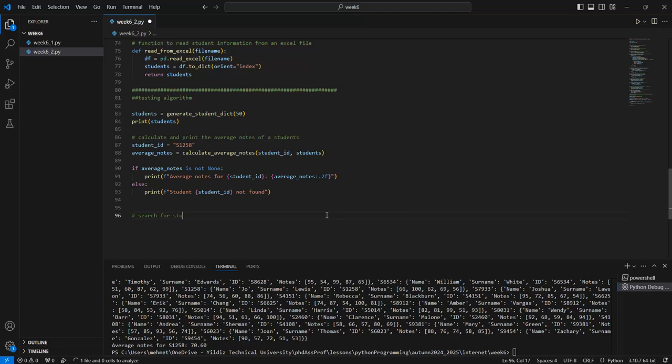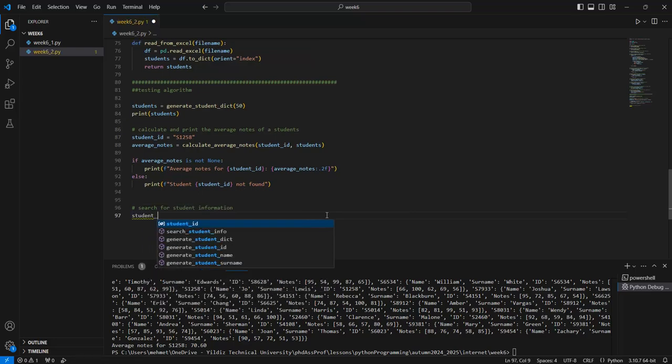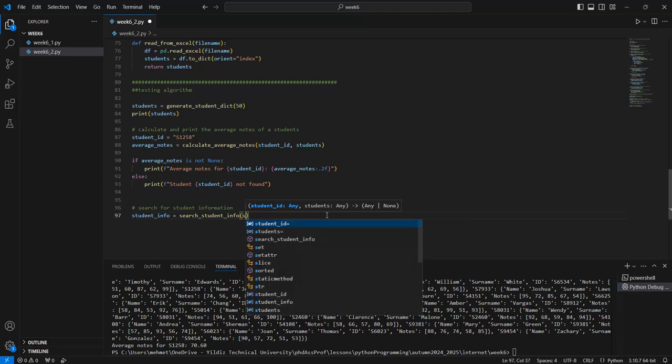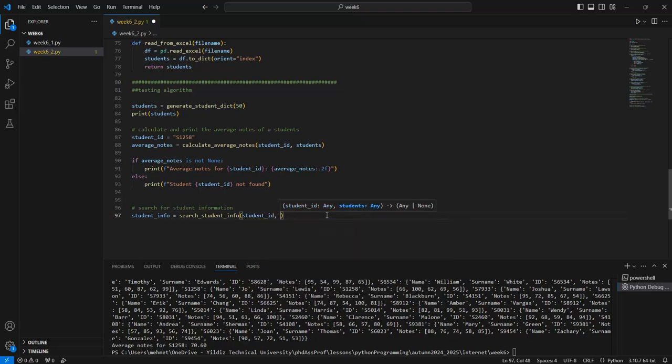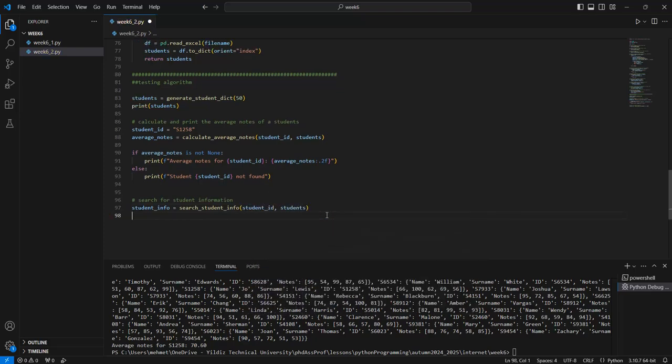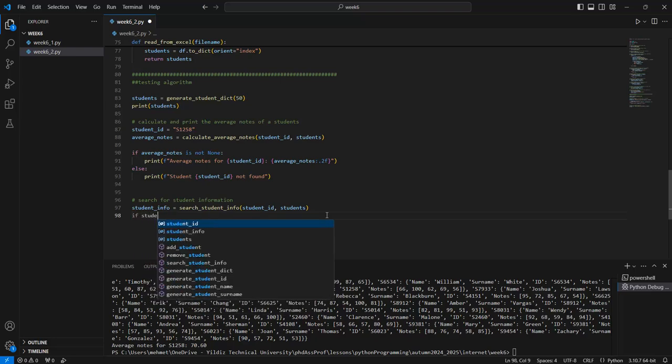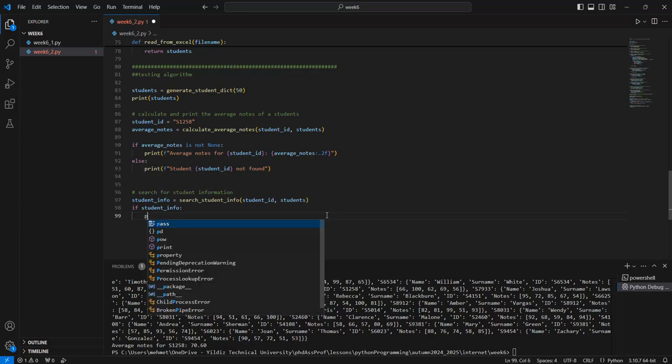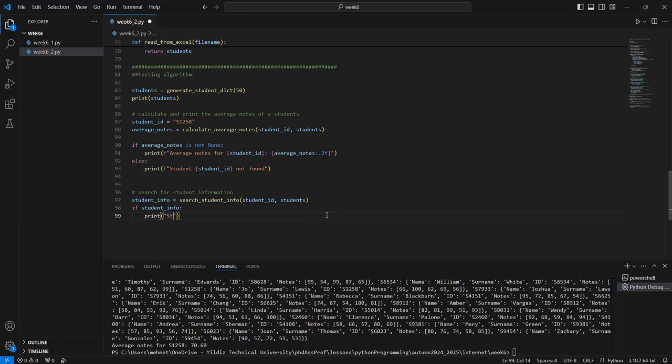Search for student information. Student info can be built with what? The search student info function, which is written in the above code, takes the student ID and students. Okay, if student info is not empty, then we print the student information